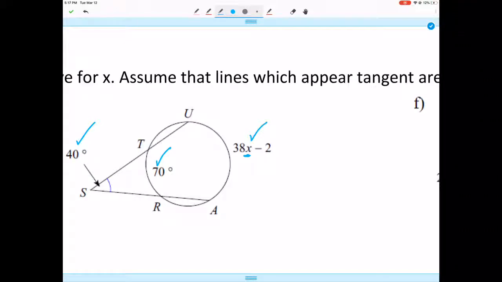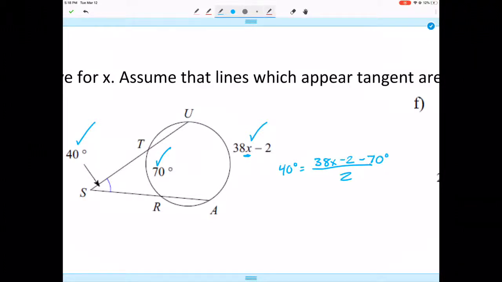So our angle is 40 degrees equals 38x minus 2 is our major, and then we'll subtract our minor, and we'll divide it by 2. We'll multiply both sides by 2. That cancels. That gives us 80 degrees. 80 degrees equals